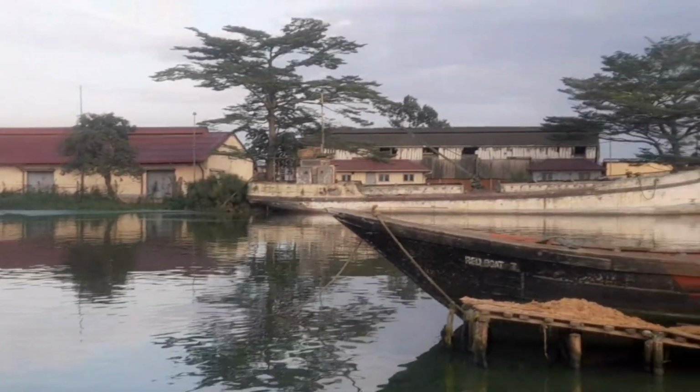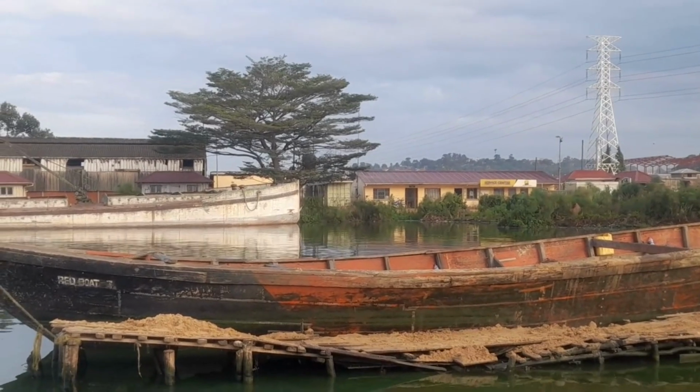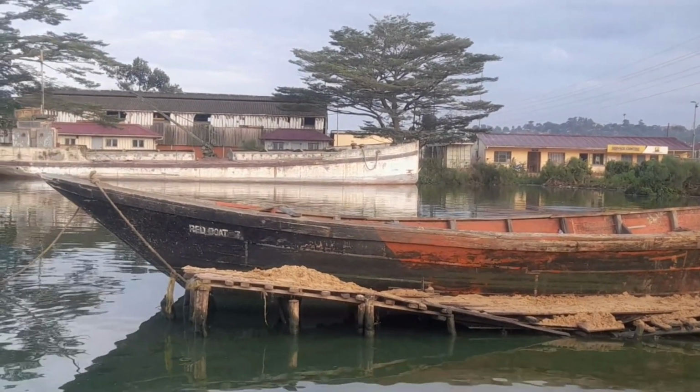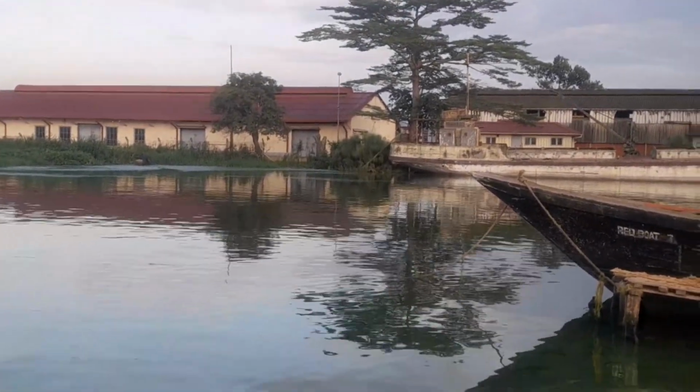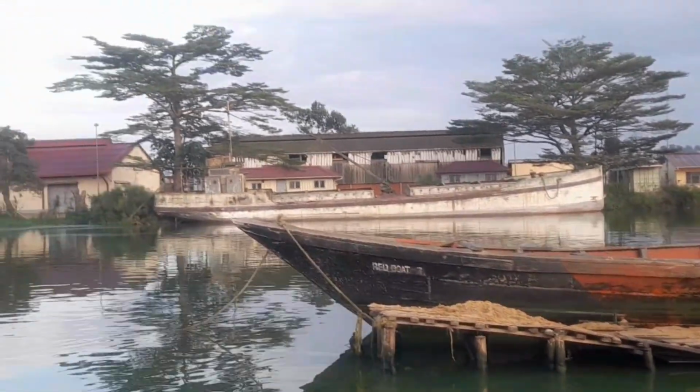Then I said this is the URA office. You can see behind there, that's the URA office where they clear things when it comes from outside. Plus other offices and stores. Others are stores for keeping what? For keeping